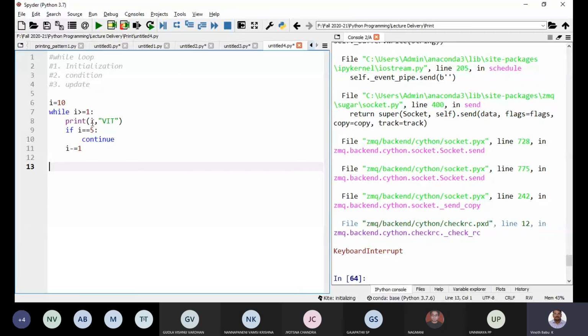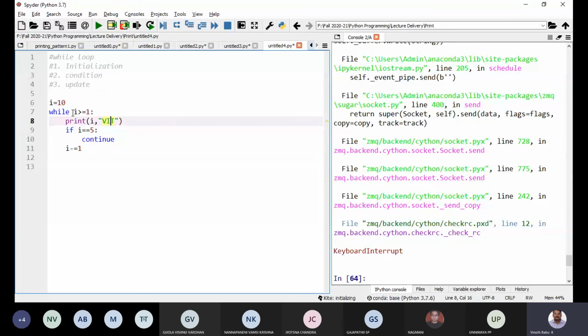Say for example, i is 5 now. It prints 5 comma VIT and checks the condition: 5 is equal to 5, so it continues. What happens? It does not go for the update part.